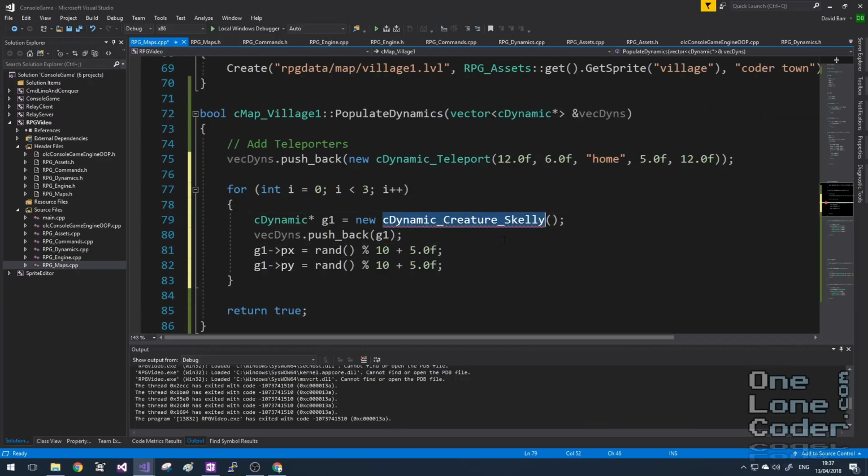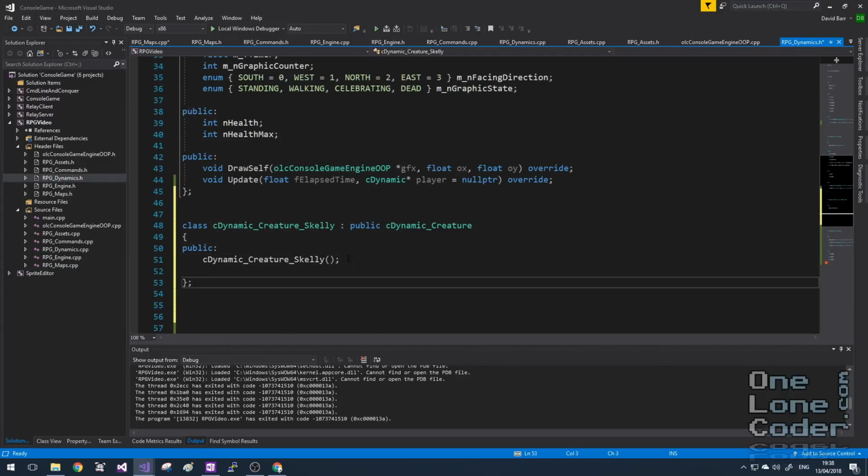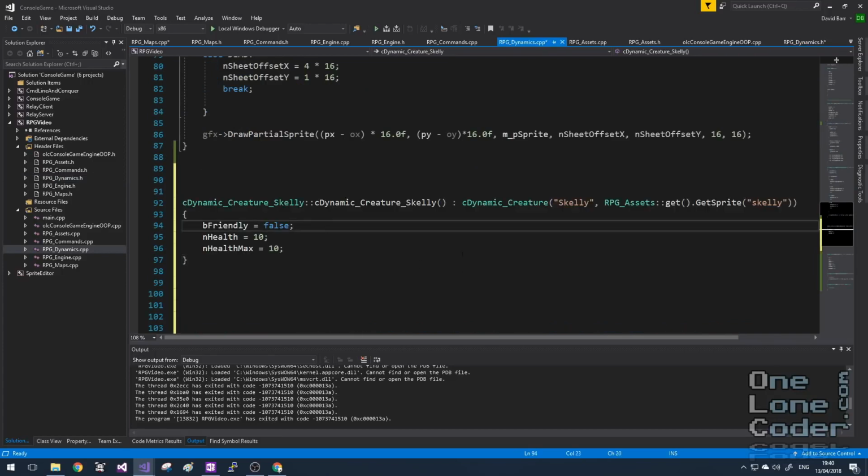You'll see I haven't created the object yet, and that's because in the first video we created a skeleton just by implementing a dynamic creature object directly. I think now it's time that for different types of enemies and creatures we want them to have their own objects, because we'll be able to script their own behaviour in that way. Let's start with the very basics. We'll create the object and we'll give it a constructor. I'm going to give our dynamic creature Skelly object an implementation for its constructor, and this is where we'll take the opportunity to give it a name. We'll call it Skelly, and we'll also